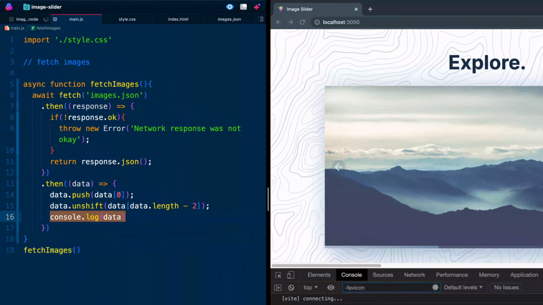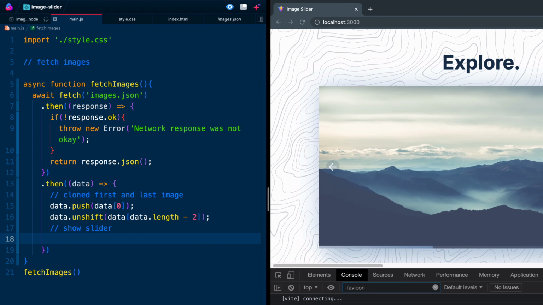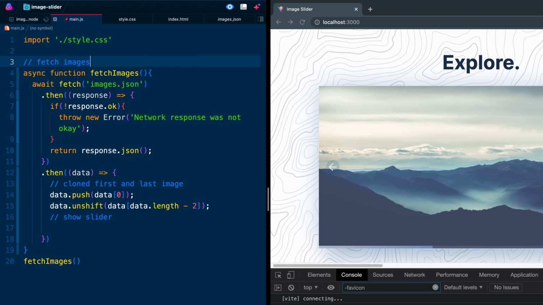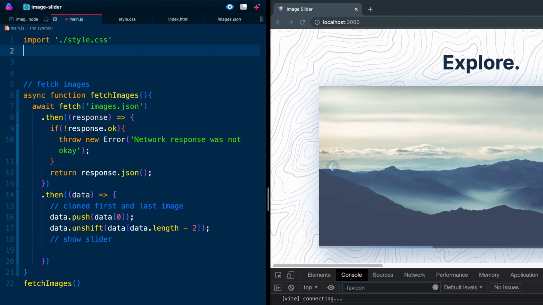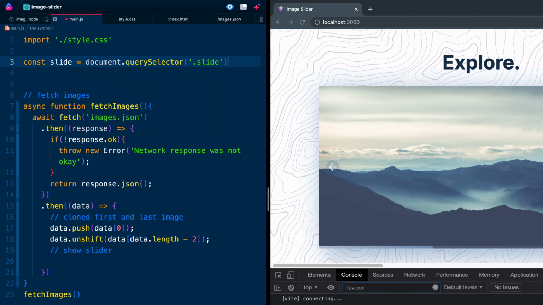Now what we're going to do is we're going to use this and we're going to actually populate the slider. So we'll show the slider. So first of all, let's come back in here and say we clone first and last image. Now let's go ahead and declare a variable up top here. So we'll say const slide equals document.querySelector slide. We're going to use this in several of the functions, so it makes sense just to declare it up top here. So what we're going to do is say slide.innerHTML is equal to